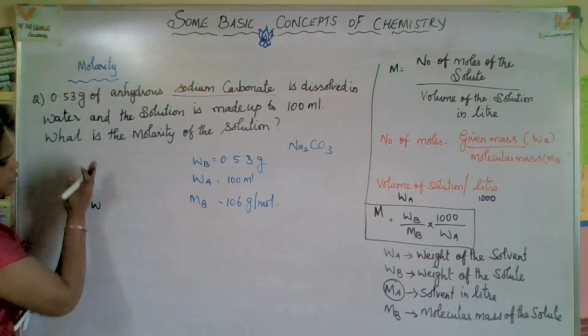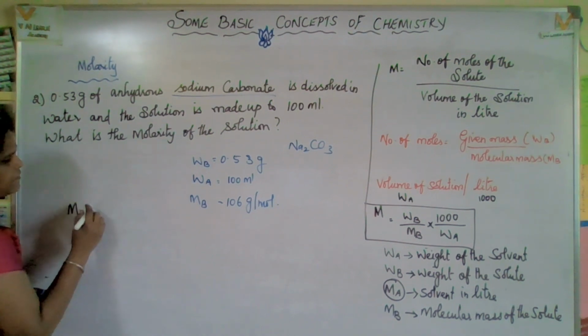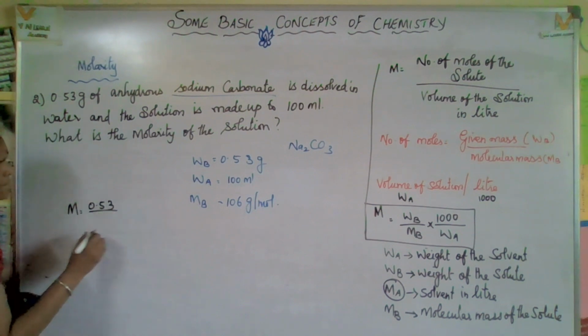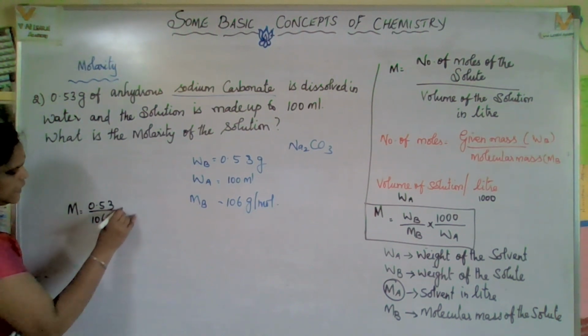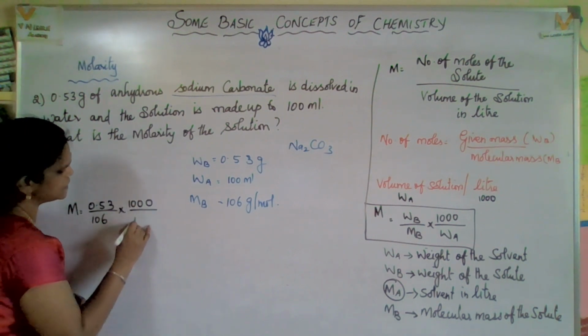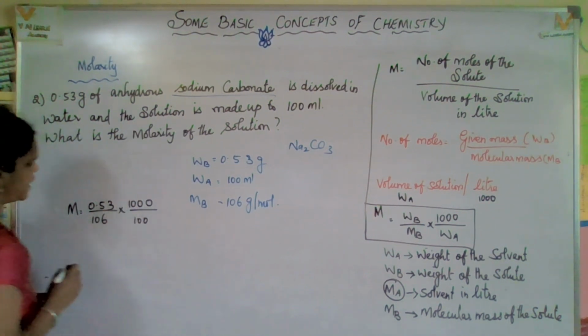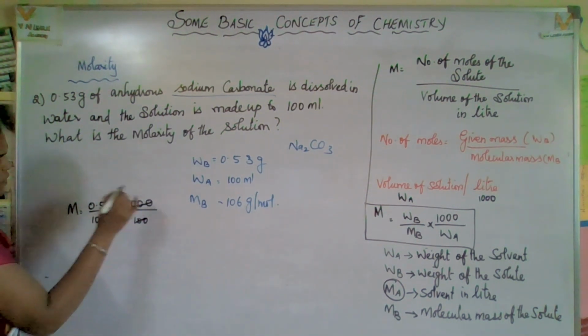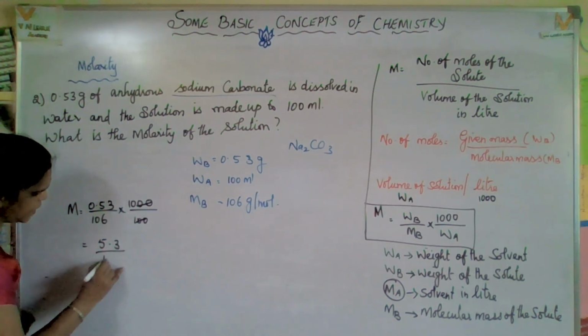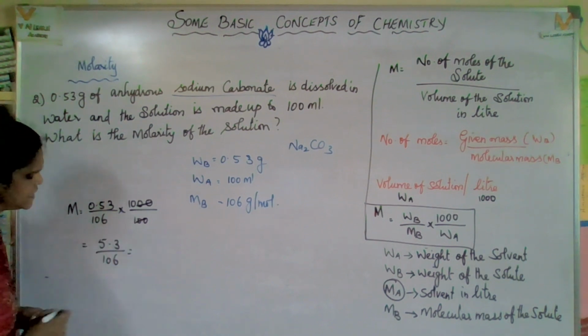WB, what is it? Given mass. Given mass, what it is? 0.53 divided by MB 106 into 1000 divided by 100 ml. Right? Now this one and this one will be cancelled. Now your answer will be 5.3 divided by 106. Now what is the answer? You will get